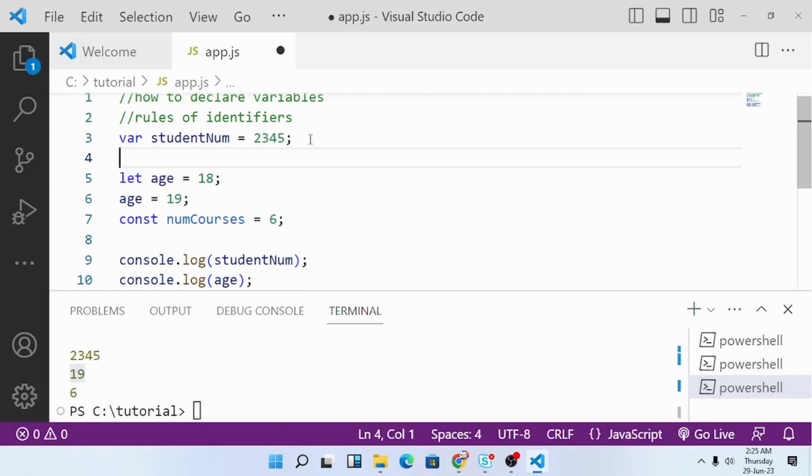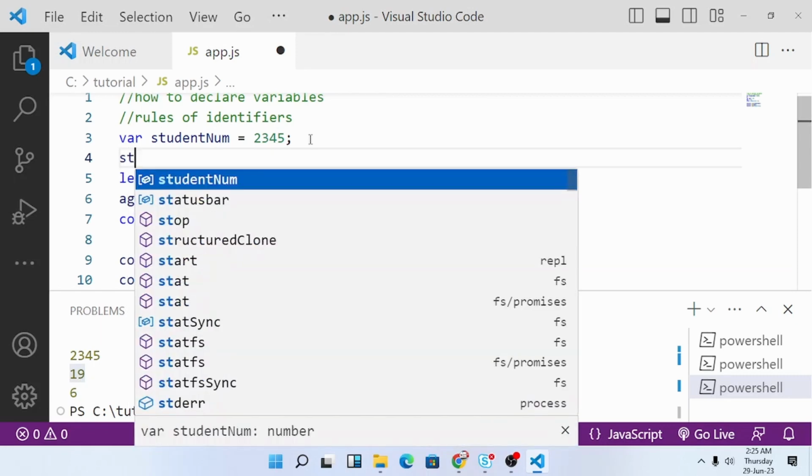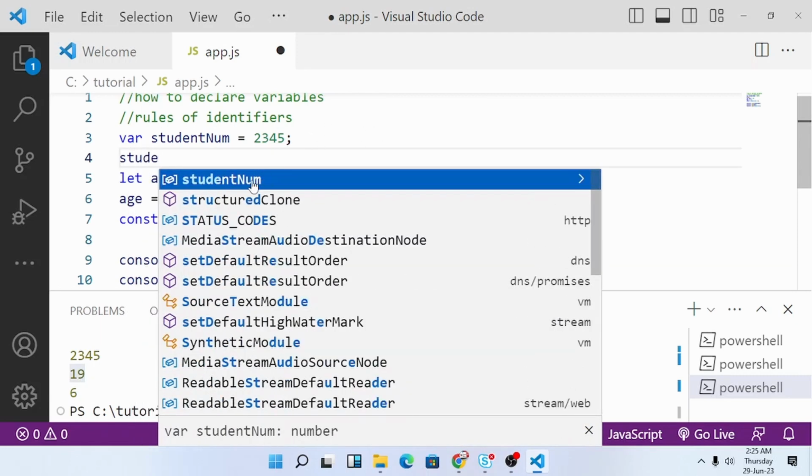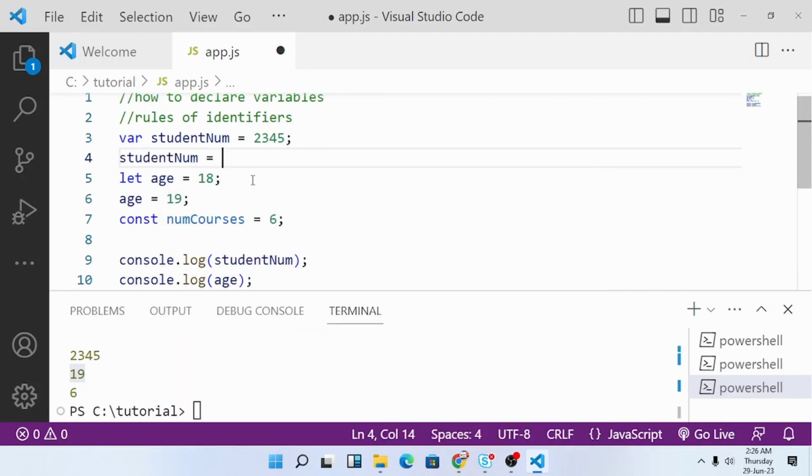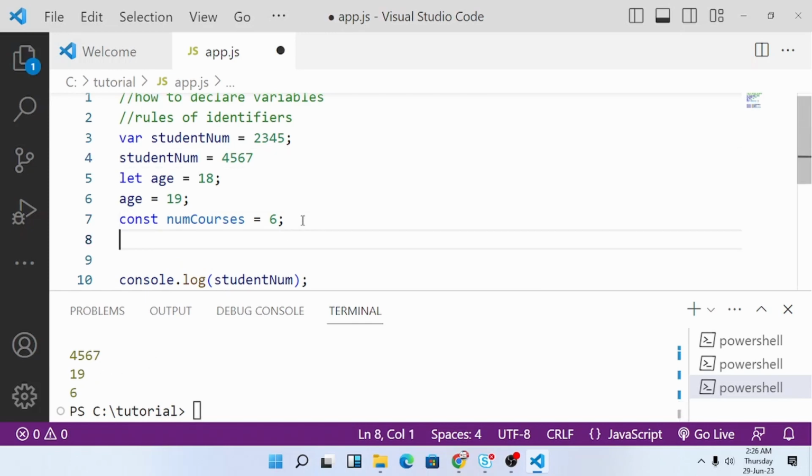Let's try that. Let's change student num to now 4, 5, 6, 7. All right, and when we run our code, this is what happened: 4, 5, 6, 7. So there's no problem. So in the case of const,